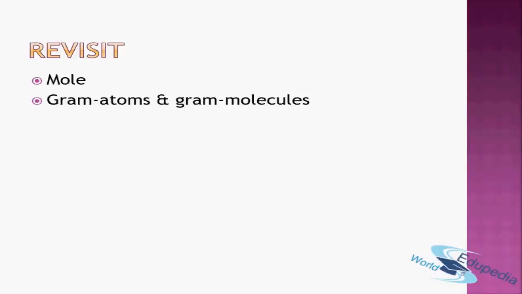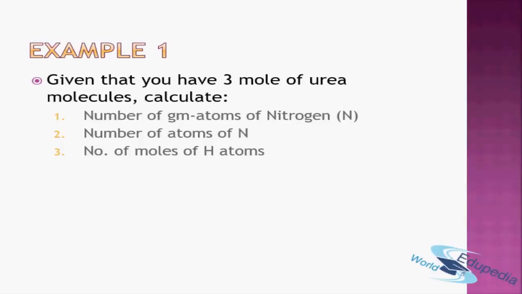So let's see. We are assuming here you already know the meaning of mole, the meaning of gram atoms and gram molecules, which is once again just moles of atoms and moles of molecules. And you know that 1 mole is represented as 1 Na or Avogadro's number, whose value is 6.022 into 10 to the power 23. All this you know. Now let's come to the examples of lecture 6th, the ones which we have already explained in a previous video lecture, but here we are looking at the same question with a different approach.